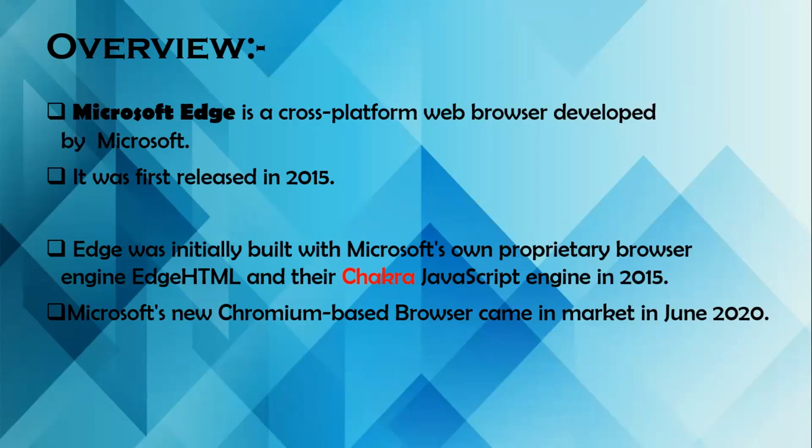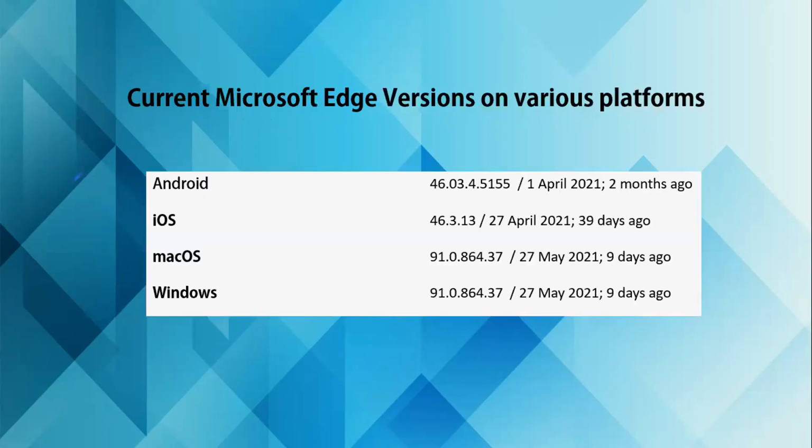So in 2014, 15, 16, they decided that they needed to up their game, and to compete with other web browsers out there, they needed to make some big upgrades. So they decided to change their browser engine and to build a Chromium based browser, which was released in the market in June 2020 and is still running. Now these are some of the versions that are present, and as we can see they are regularly updated. So it is a bug free and secure experience you will have with Microsoft Edge.